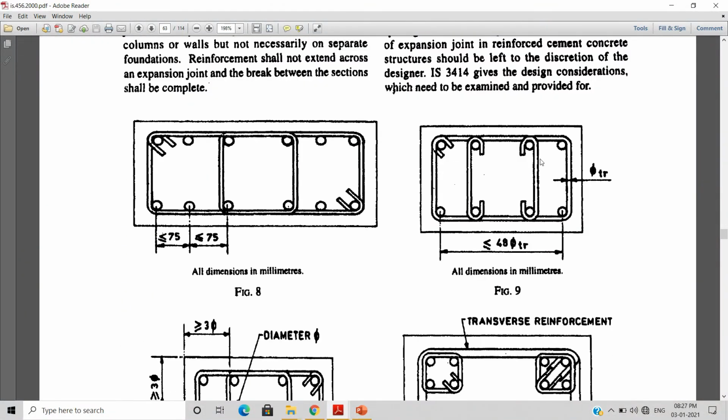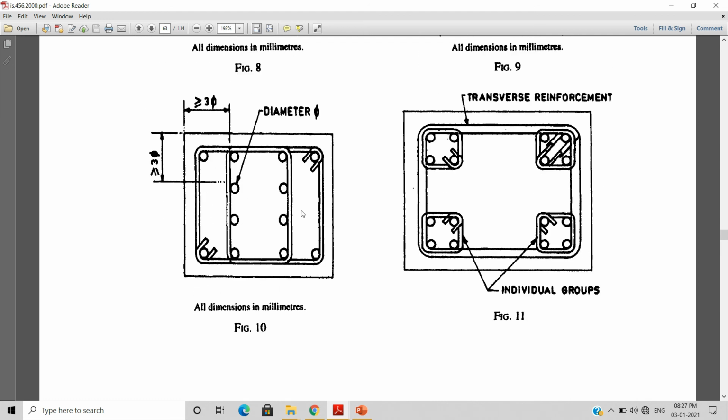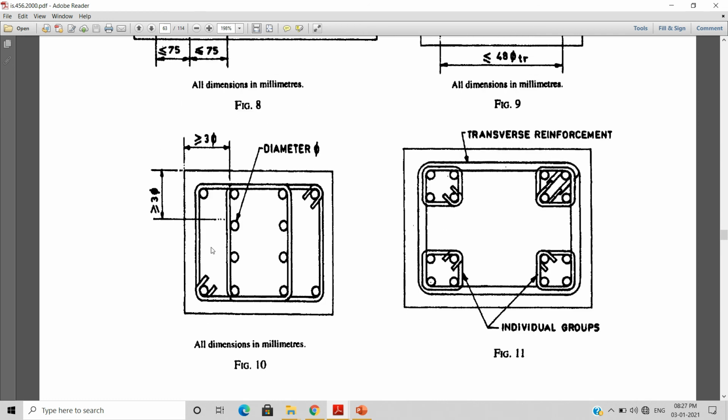In figure 9, as you can see, this is a case of the open ties. I will provide the open ties if the distance between the extreme bars comes out to be less than or equal to 48 times the diameter of the ties. And if it comes out to be more than that, then I will provide a closed tie.